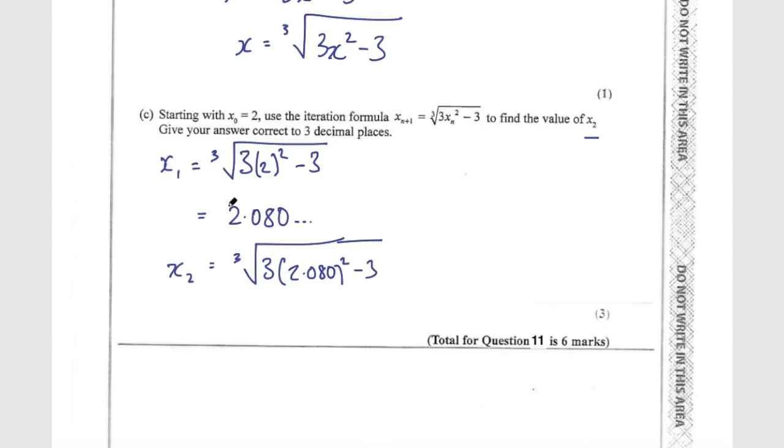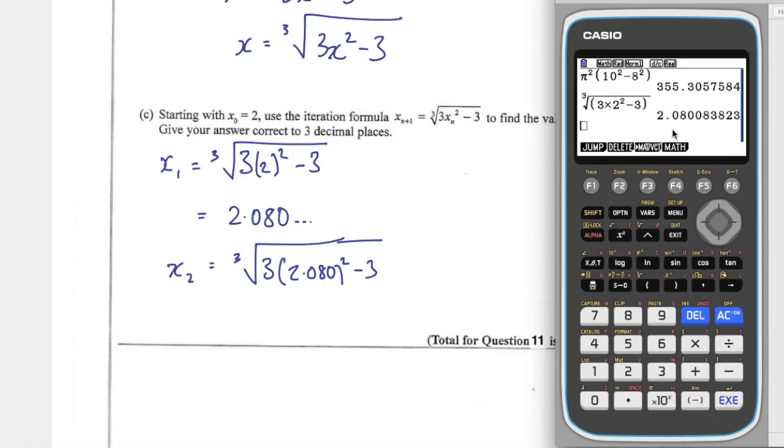And something I didn't talk about in my video on iterations is this idea of just using the answer key on your calculator. So if you put that into your calculator again, so let's do the cube root of 3, and then you can use the answer button, which is usually above the minus sign. Shift answer squared minus 3. And I'll just put brackets in just in case. And that's going to give you, instead of just putting that number in, you can just press answer and you get